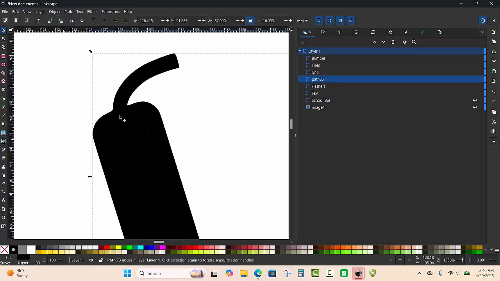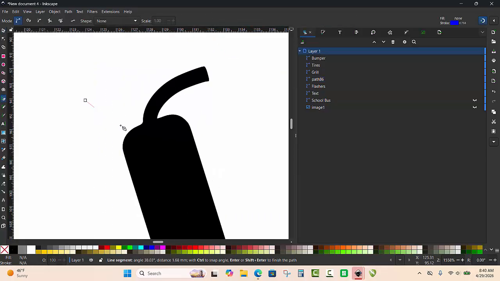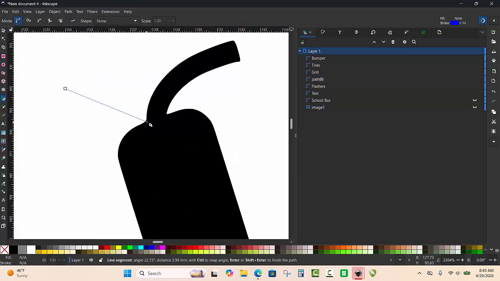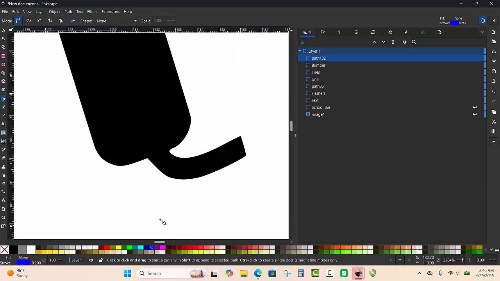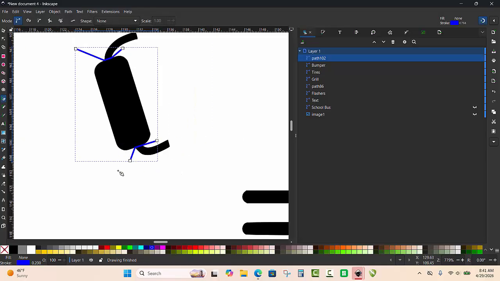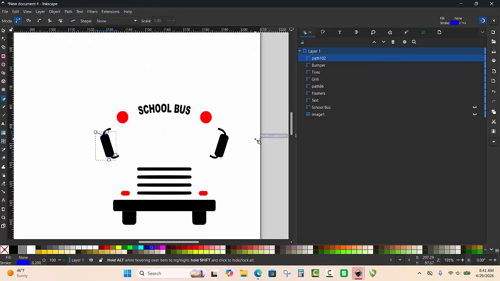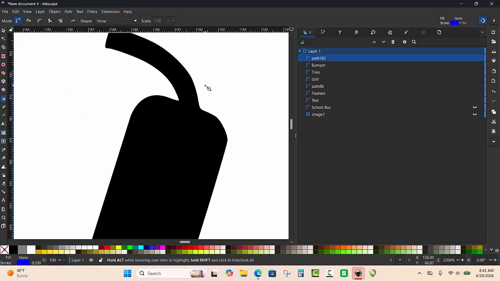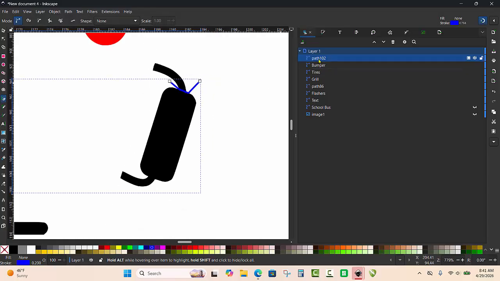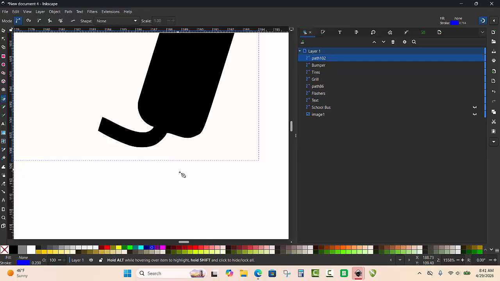All right. So to do that, we're going to hit the B key on our keyboard. That's our pen tool. And we're just going to click and click and click and right click. Now here, before we make our next line, shift click and then click. And we only have to hold the shift for the first click, okay? And you can see now it's added to path 102. So watch, shift click, click, and then it's added to. See? It's added to that path. So shift click,